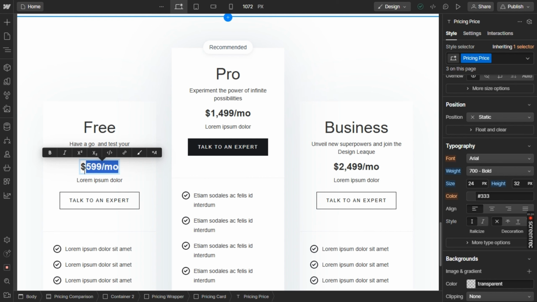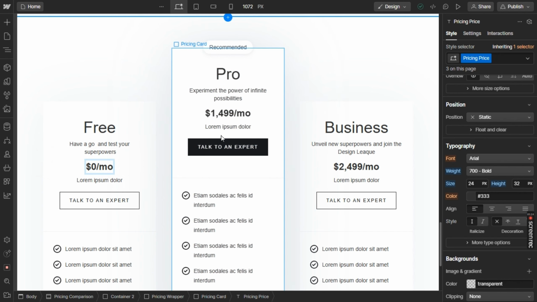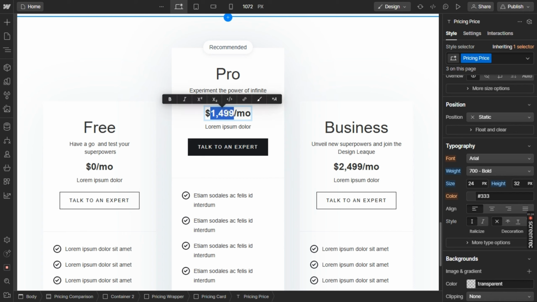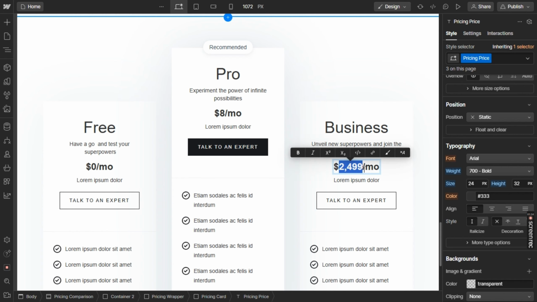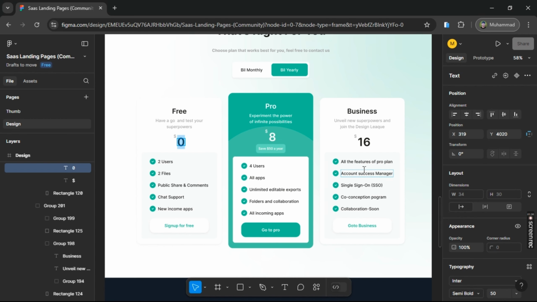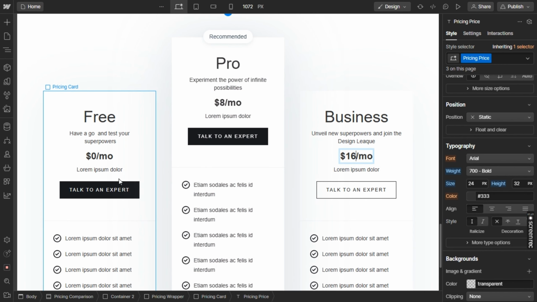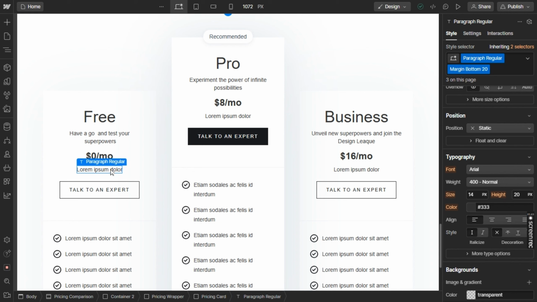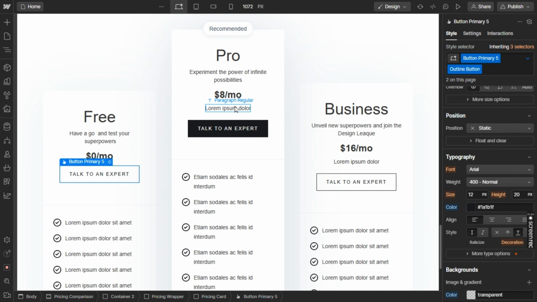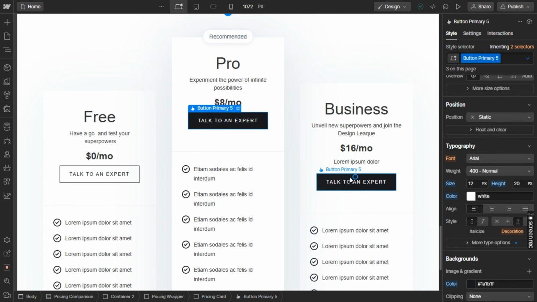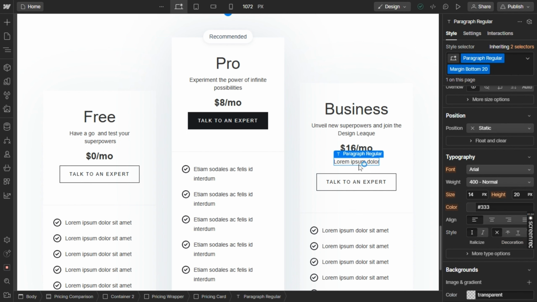So just change the pricing amount, and for pro it will be around $8 per month, and for businesses it will be around $16 per month. And I think it's looking good. And now we don't need the text below the pricing. Remove that lorem text,